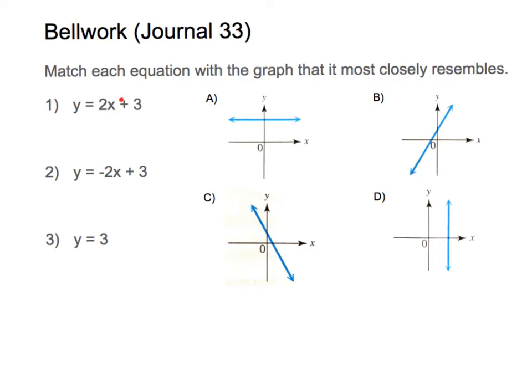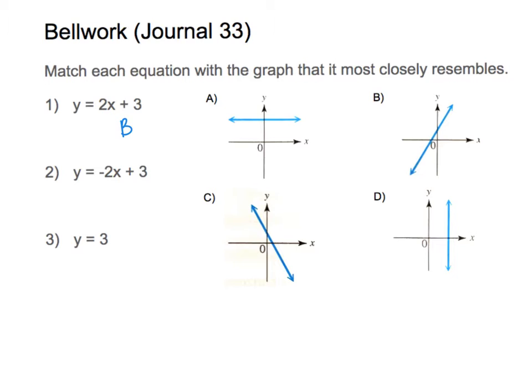So like this one here, I notice the slope is 2, so that tells me a positive slope, so something that's going upwards, and a y-intercept of 3. So with a y-intercept of 3, it looks like it has to be one of these 3, and then a positive slope, that would have to be this one. This one's kind of shooting upwards as it continues on. So I think B here is the correct answer, since it hits at about 3 and then